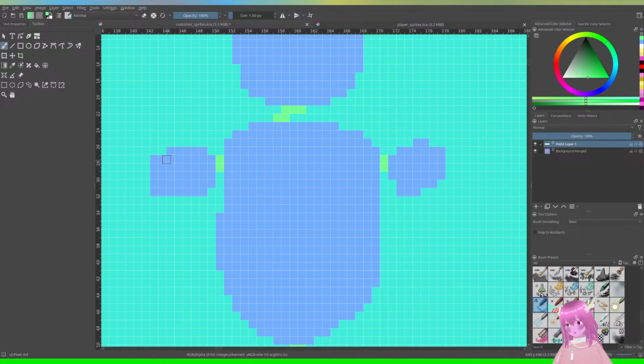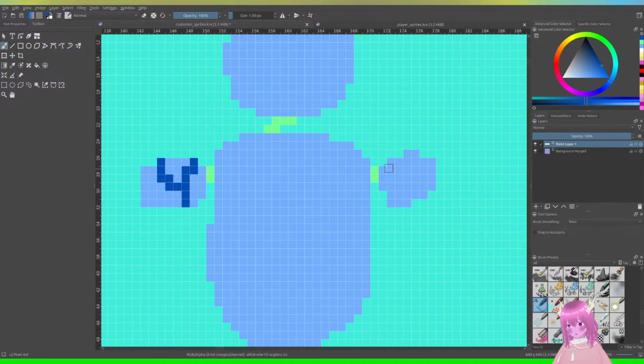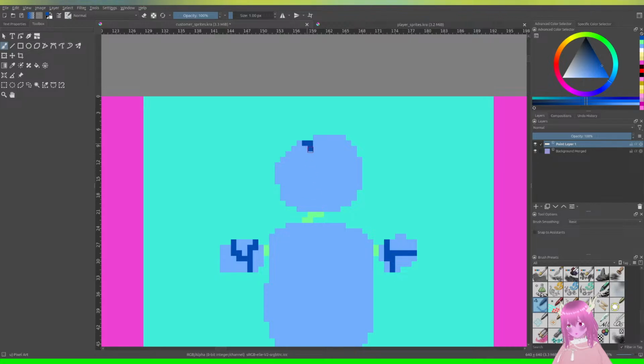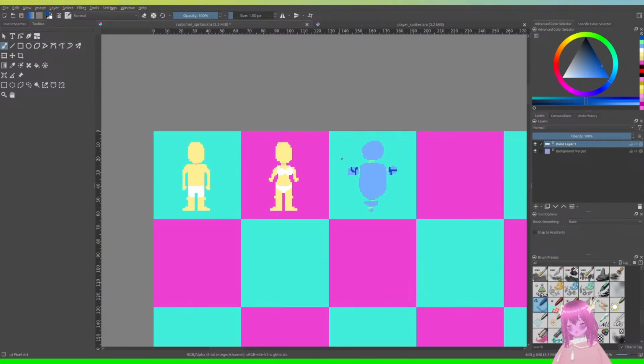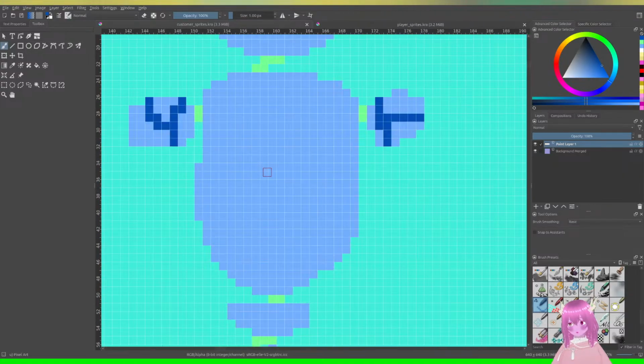And then there'll be some cracks in them, in places. By the way, there's no expressions on them because I plan to give them expressions and all that stuff with the classes.